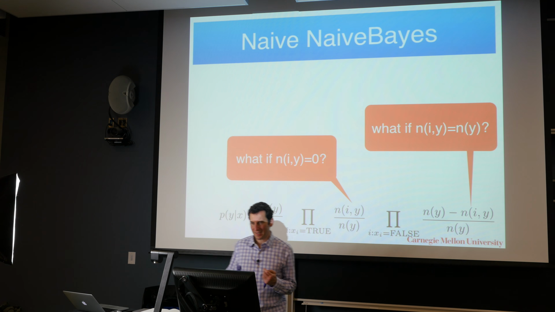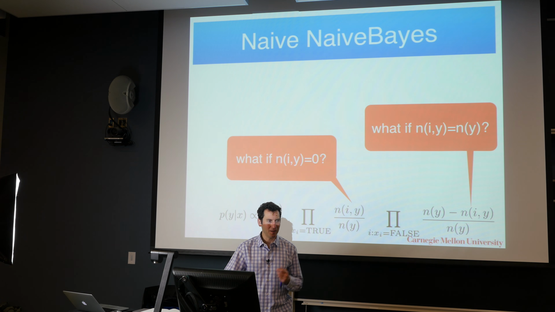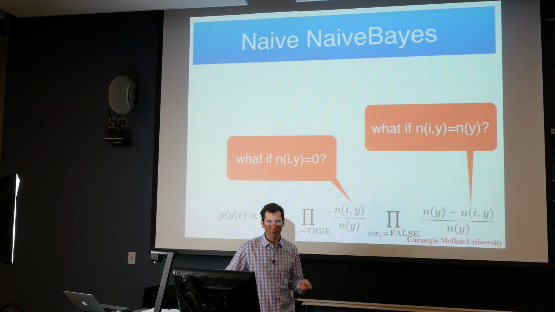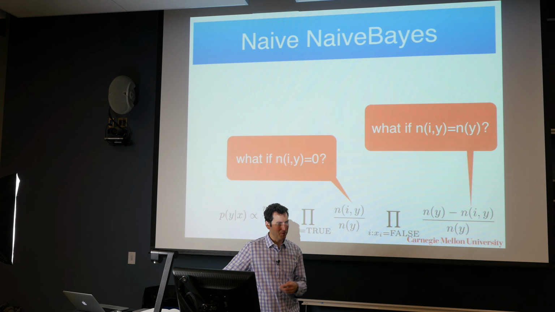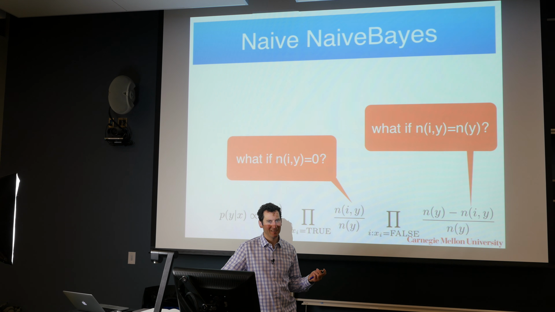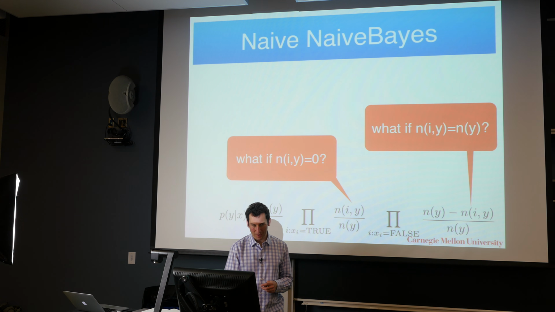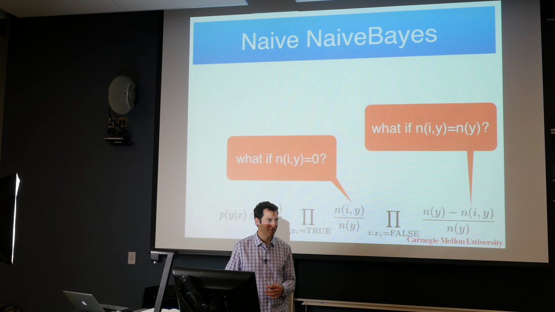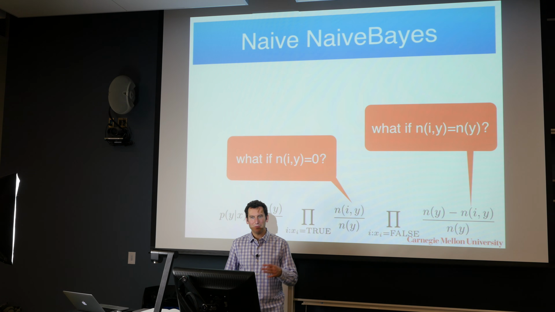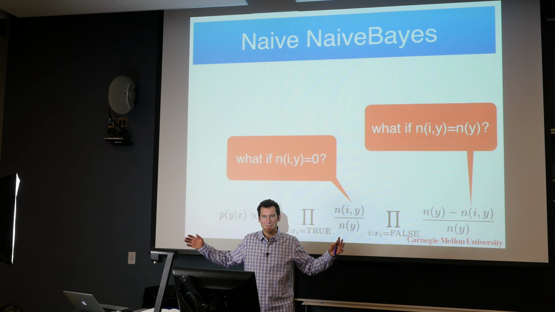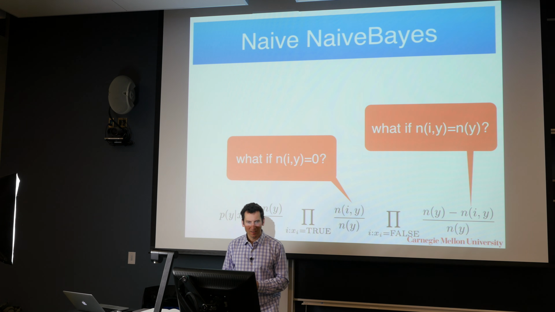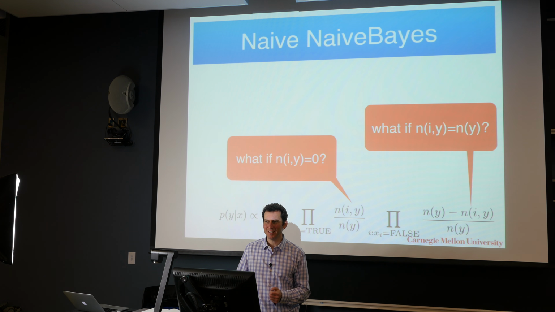Now, things can get even worse. You can have an email where all of a sudden a word that never used to occur in a ham email occurred in spam, and a word that never occurred in spam occurs in the ham part. So I basically have a 0 for P of spam and a 0 for P of ham. And so I get 0 probability for both ham and spam, and I just don't know what to do. So what went wrong? Does somebody have an idea of where we goofed up?